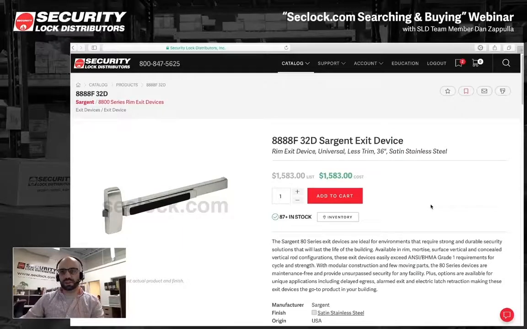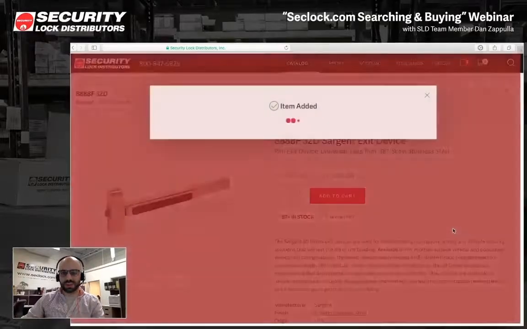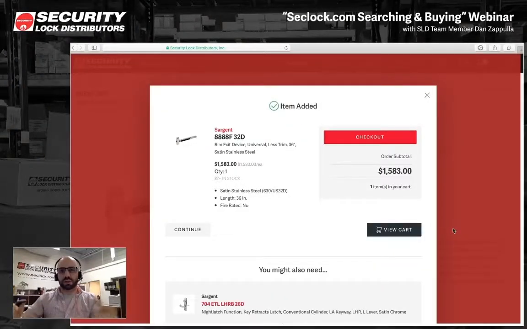So let's say that we're pleased with this exit device and we're ready to roll with this thing. So let's click the Add to Cart button if we only want to buy one, and we'll add that to our cart. And you'll see a little window up here that says our item's been added. So here is our Sargent 8888F 32D exit device, and you'll see that our total is here with some top-level information about the item, again what we have in stock, the quantity that you're ordering, your total amount, and how much they are each. Now here you can continue shopping, you can view your cart, you can go to checkout,